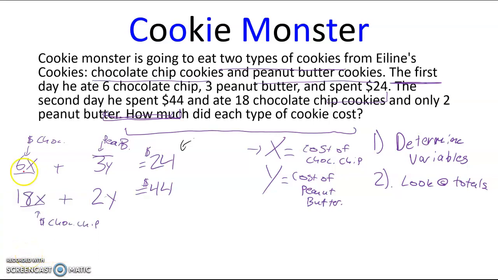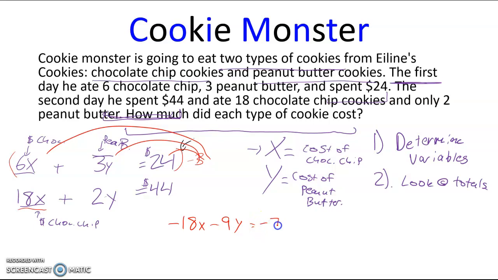So if I look, let's pick my x's to simplify, because if I pick my x's, all I have to do is multiply this top equation by -3, so that it turns my 6x into -18x for them to cancel out. So I'm going to distribute that out. I'm going to get -18x minus 9y is equal to, do some quick math here,